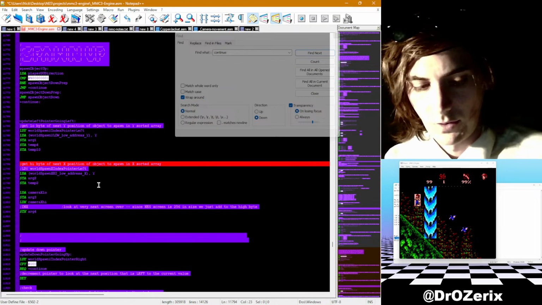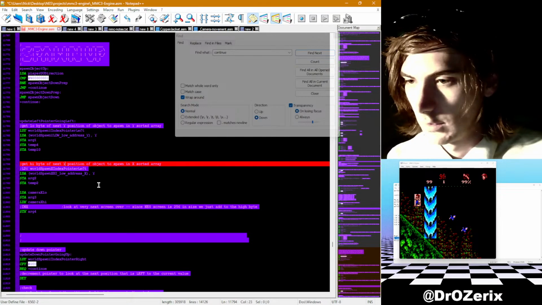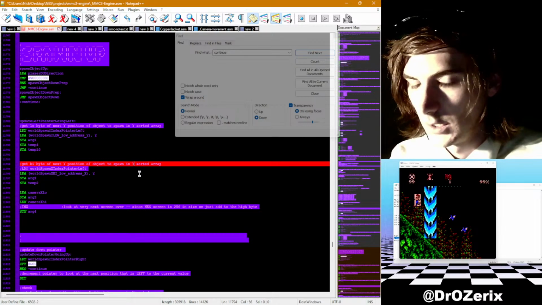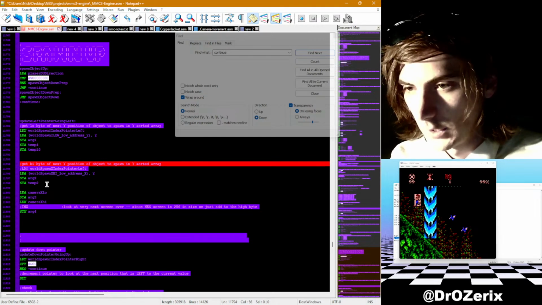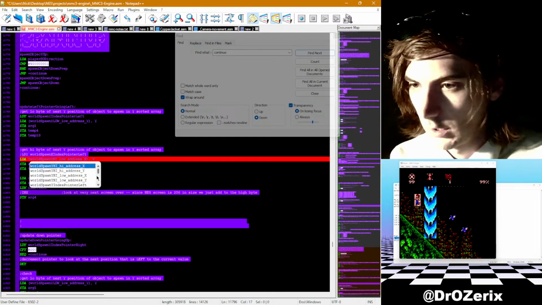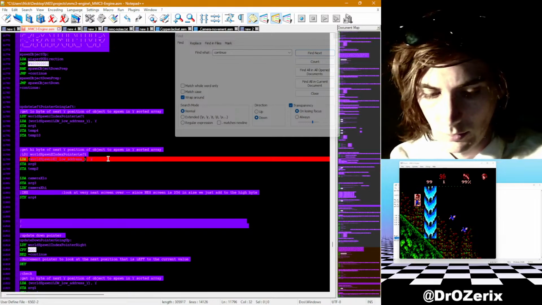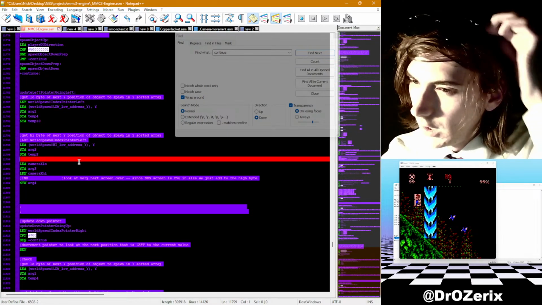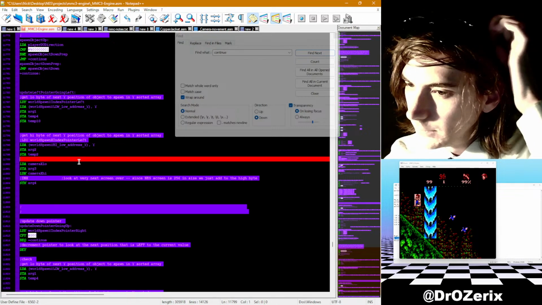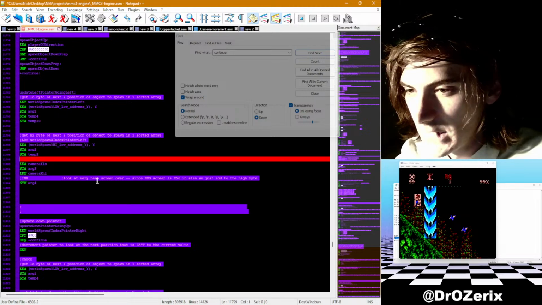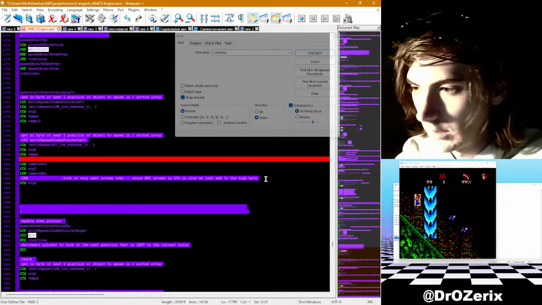And this will be the same thing here, except it'll be the high byte instead of the low byte. And yeah, let me just make that change here, that change here. Okay. Yeah, okay, and